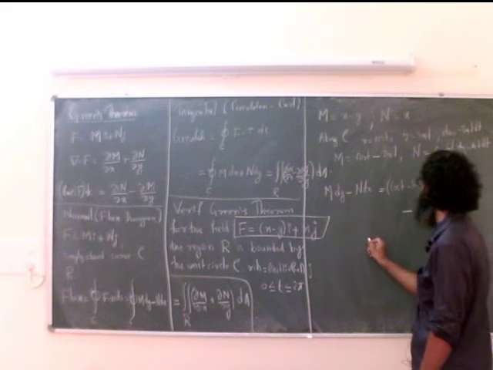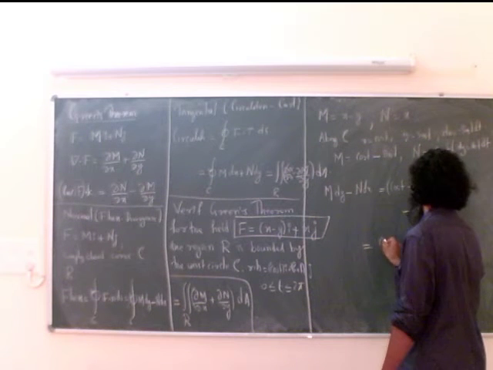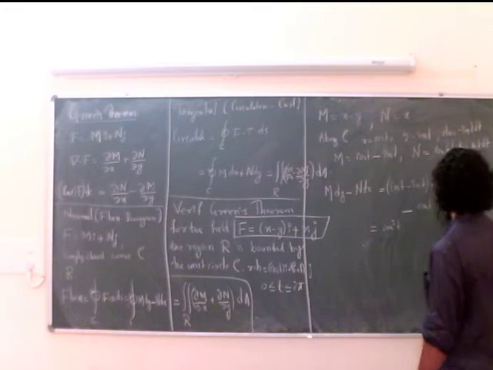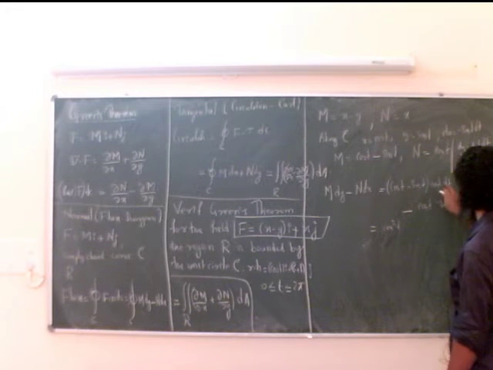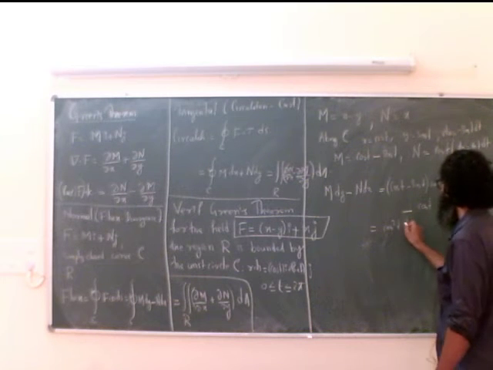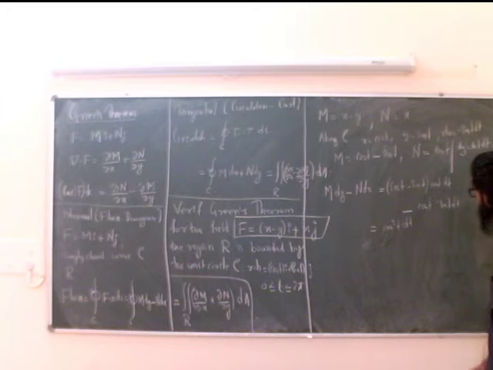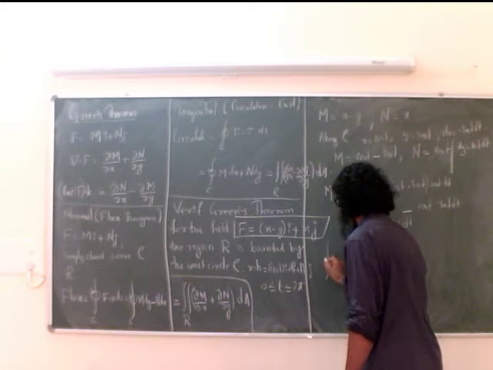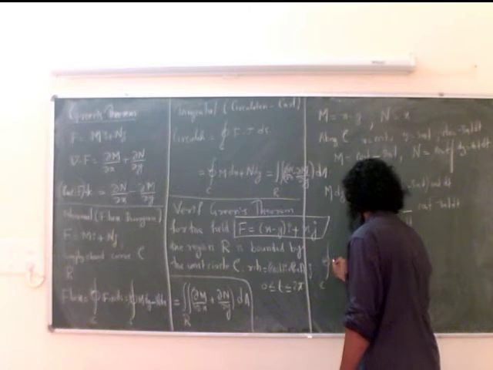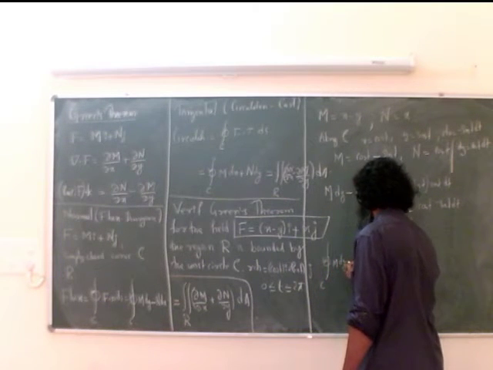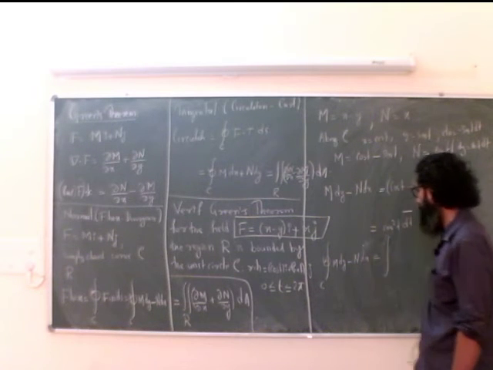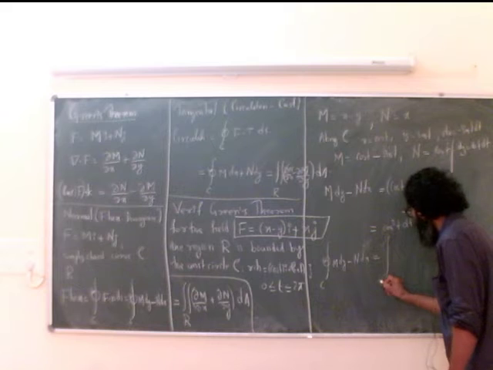So this is equal to cos square t minus cos t sin t dt plus cos t sin t dt. So those two terms will cancel over. So this is cos square t dt, and therefore the integral over C of m dy minus n dx is equal to, we know how to evaluate an integral of this form, the integral from 0 to 2 pi